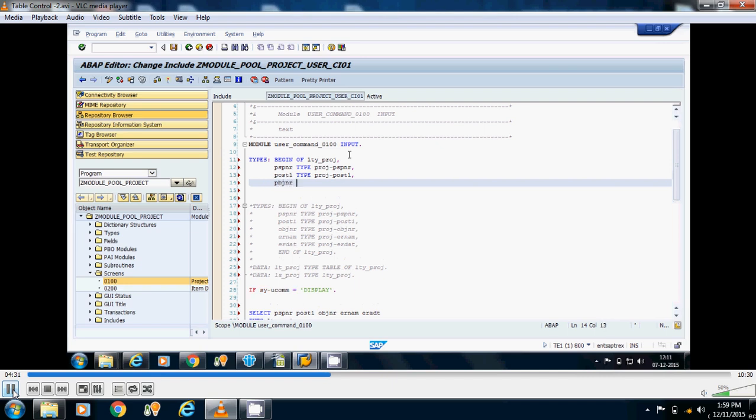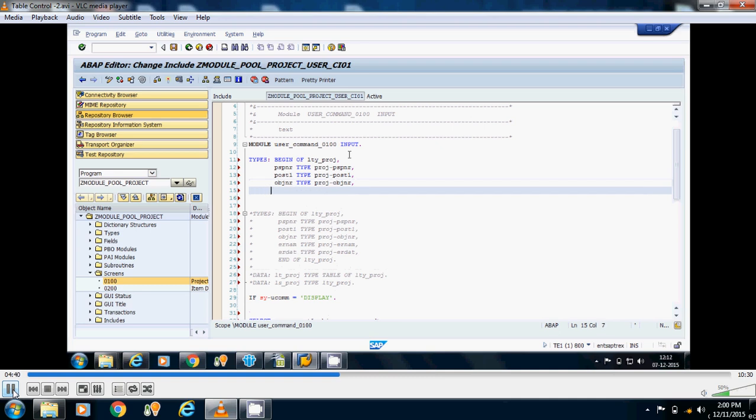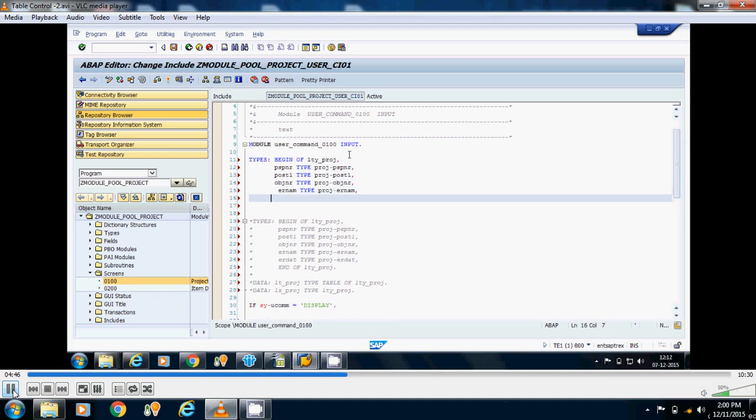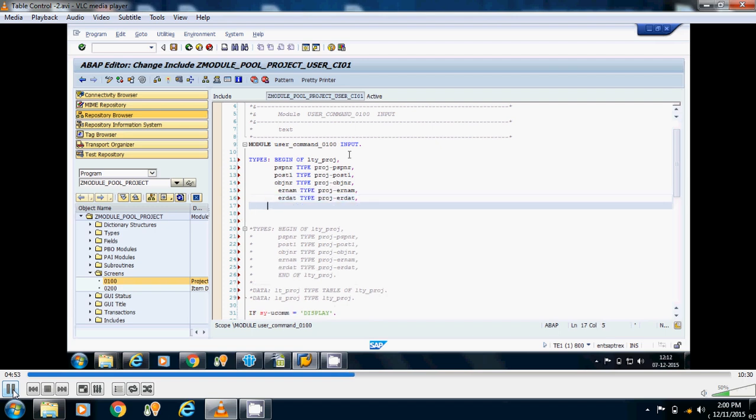Third is OBJNR. Fourth one is ERNAM. Last is ERDAT. End of.